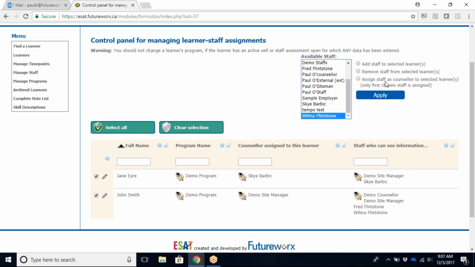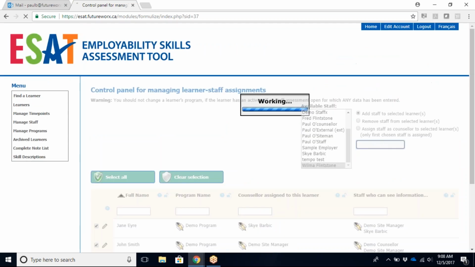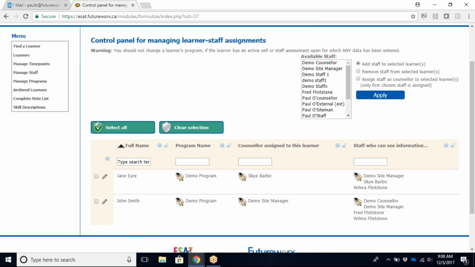So in that case, you would make sure that the person has a counselor type of account. So that's all you have to do. Add the staff, apply, staff added, and there they are. You can do a whole bunch of people at the same time, and that saves a lot of time. Let's just remove them now. So there's Wilma. Now I'm going to remove,